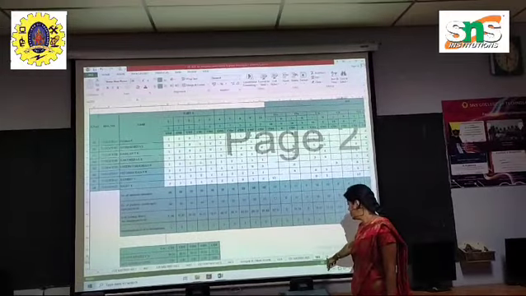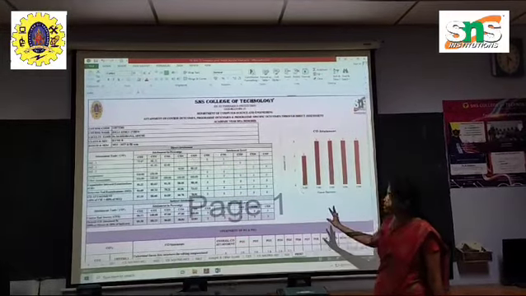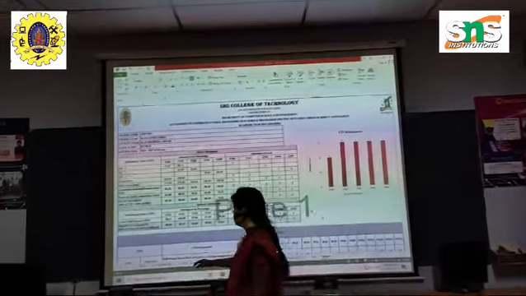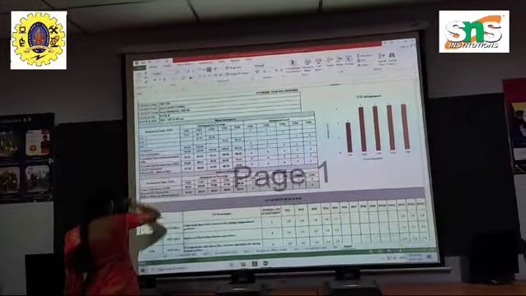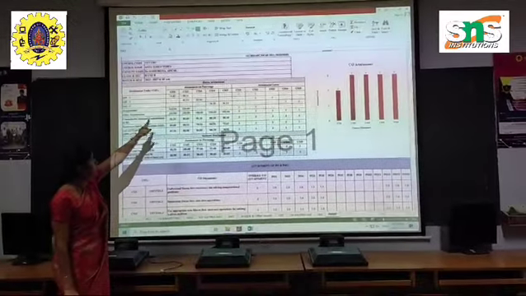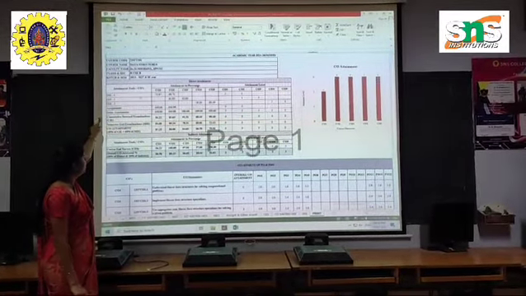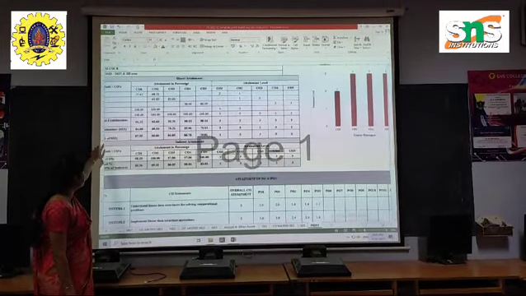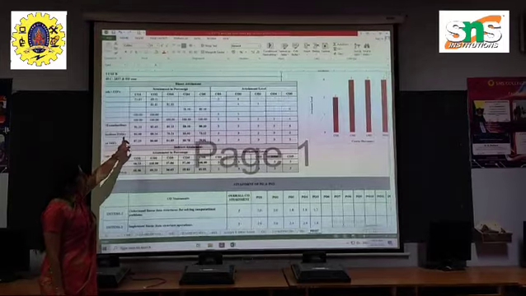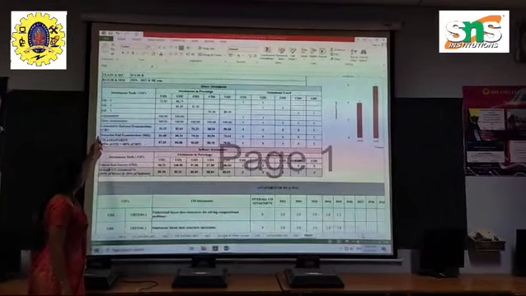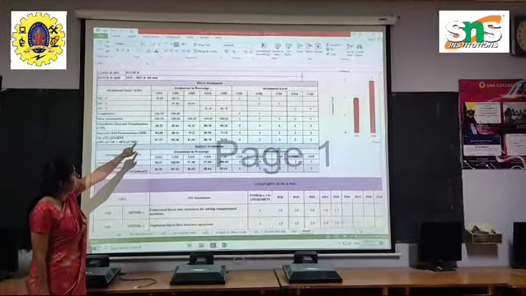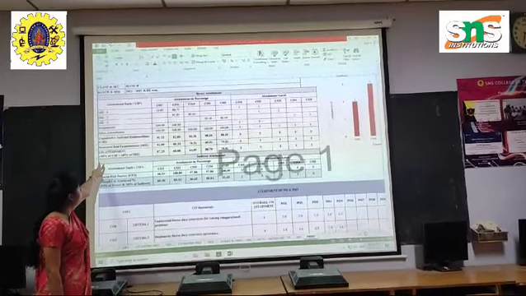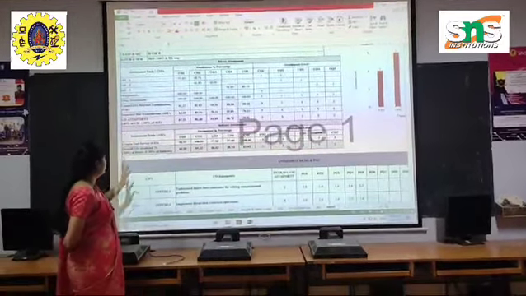At the end, this is the sheet to be printed and taken for documentation. From this particular sheet, CO1 marks are given or mapped to CO1 and CO2. For IA2, the contribution, IA3 contribution, assignment and other assessments are taken from the particular sheets. So cumulative internal examinations are done for this particular sheet, and the end semester and overall CO attainment for the particular course is 40% of internal